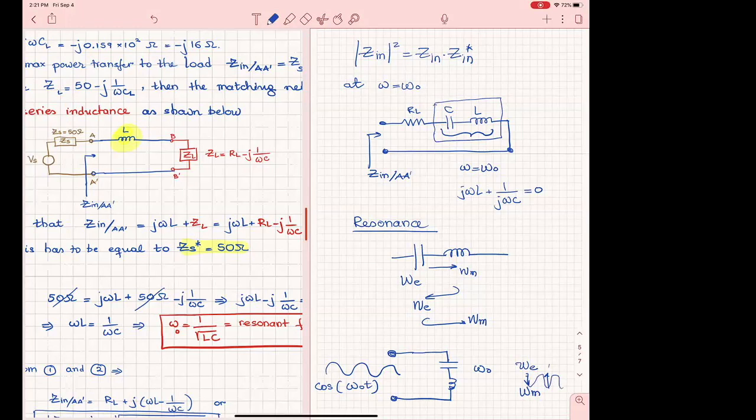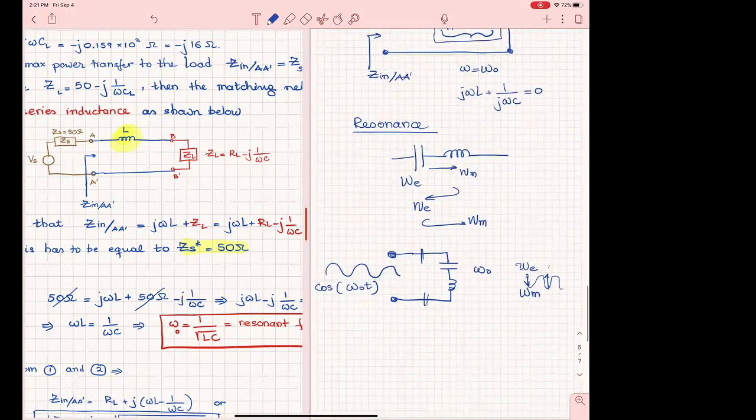So practically it resonates, and at some point you can think of cutting this, and that will still keep resonating, all right? Because the charges will be in the capacitor and they will move, they will become current for the inductor, and then the current will put more charges in the capacitor, and that will keep going for a long time. In reality, if you do an experiment like this, you will find out that this back and forth between the energies will dampen over time, and eventually both of them go to zero. So the circuit is going to go into a zero state in terms of current and voltage. But that's a resonance circuit.